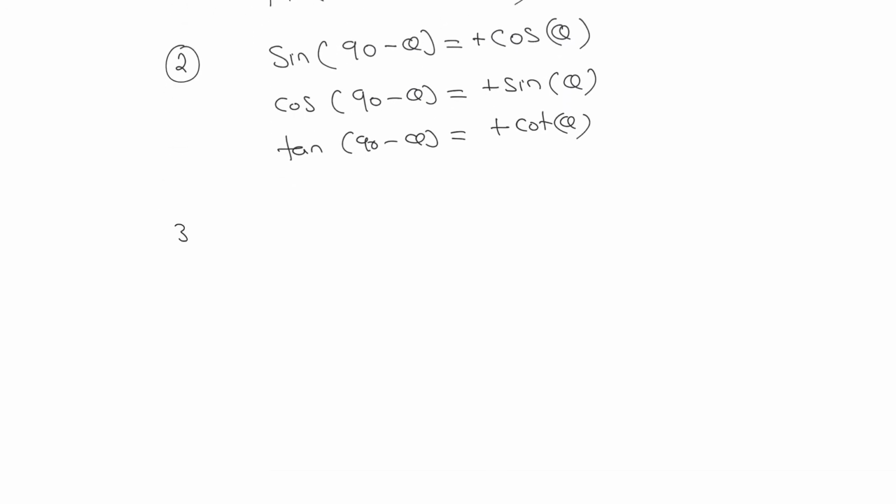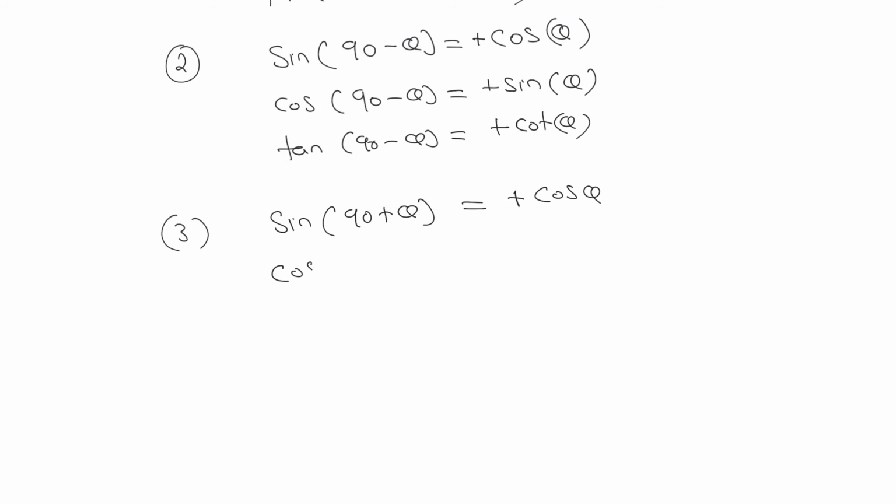Same as that, we can write the next one. That is if I am writing sine 90 plus theta, you can observe first whether it is a positive value or a negative value. 90 plus theta means it is in the second quadrant, and in the second quadrant only sine theta is positive. So we'll write it should be a positive value, and we are writing 90 plus, so sine will convert into cos. So it will be equal to plus cos theta.